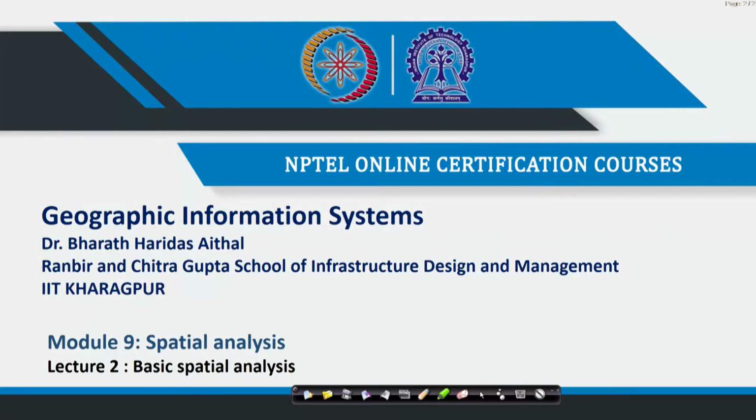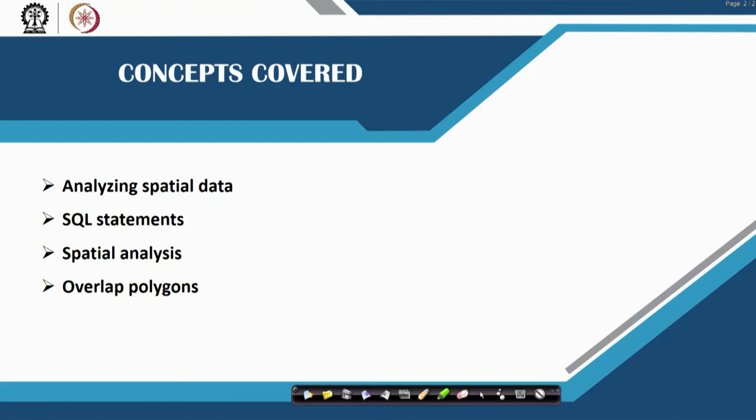In this particular session, let us understand the basic spatial analysis of Geography Information System. Some part of it I have already spoken, but now this is more into examples and how we actually use these basic spatial tools in our analysis, maybe into urban planning or urban data extraction or any of those aspects.